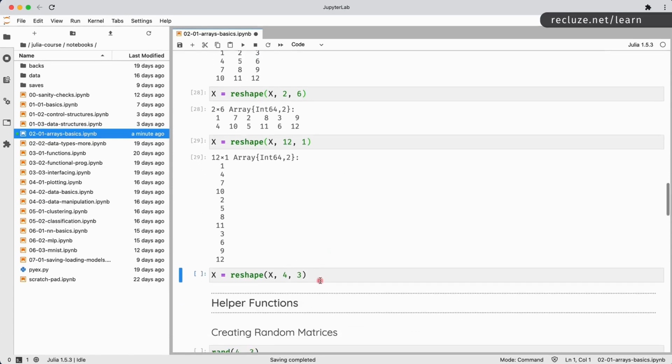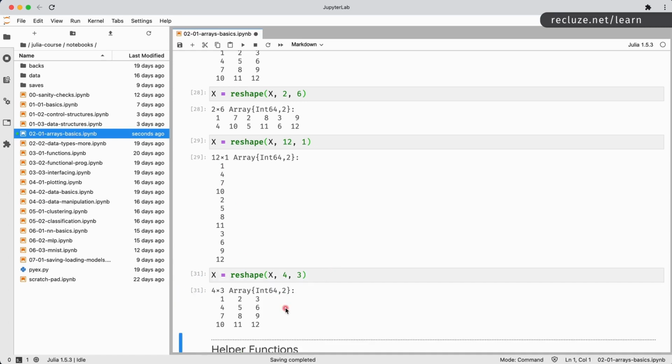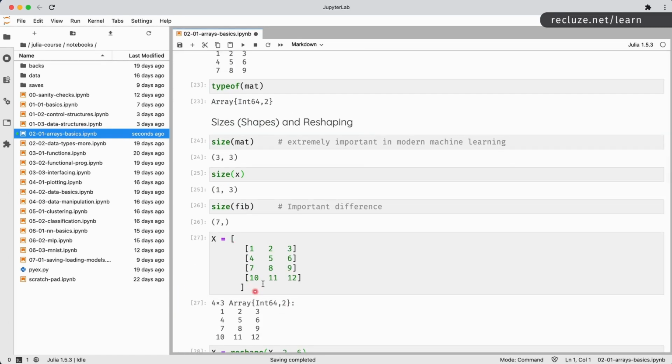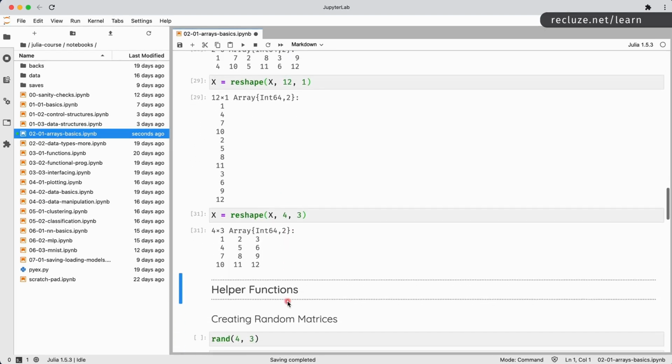Okay, we can go ahead and reshape back to a 4 by 3, and the way these rules work is if you change something and then you reshape it back, the rules are simply going to work out to produce the same matrix for you. So if you reshape this into a 4 by 3, it's going to create the first column as 1 4 7 10, then the second column as 2 5 8 11, and the last column as 3 6 9 12, which is exactly the same thing that we started with over here. Okay, so the shaping really works out.